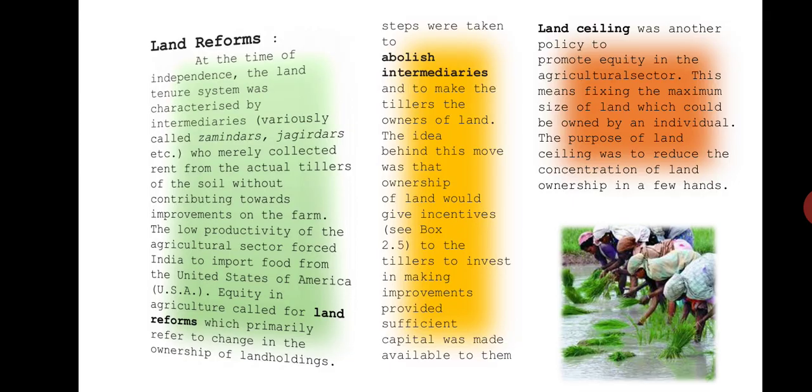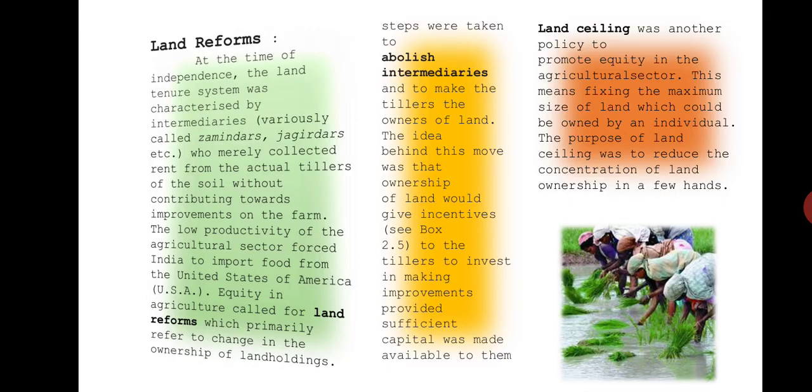The next step is regulation of rent. The government also fixed the amount of rent which would be charged. There are different types of rent charged in different states, so the government passed legislation so that 30 to 40% of the total produce should be charged as rent in different states of India.